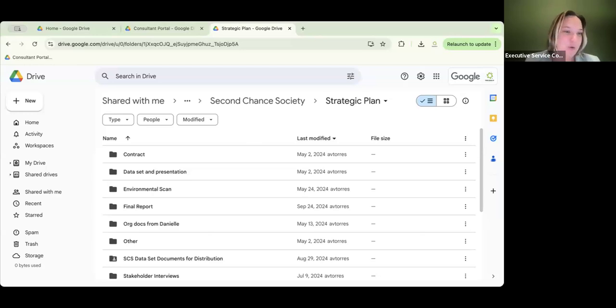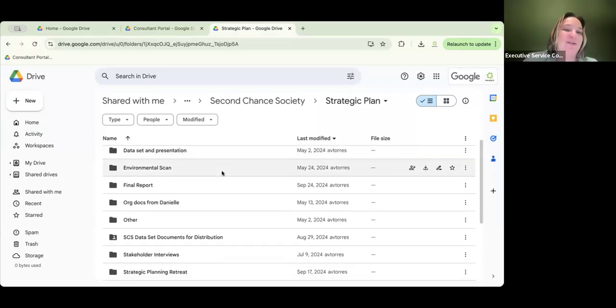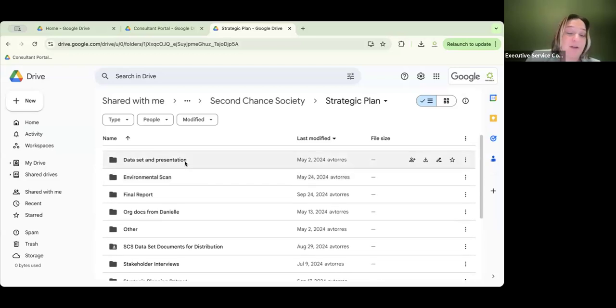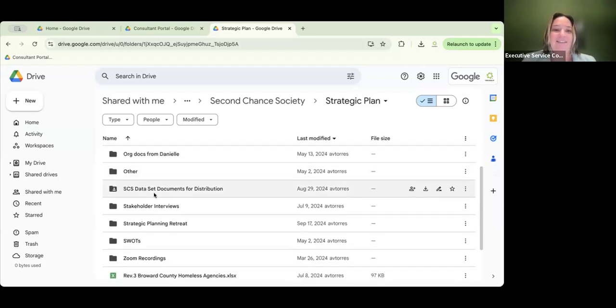But I will give you base folders to start based on what we found are the most helpful in terms of that particular kind of project. So here you've got the contract, everything about the data set, everything about the environmental scan, which I guess could have lived up here in the data set. We separated it out. Final report, stuff that was sent to us from the executive director, the catch-all other, SCS